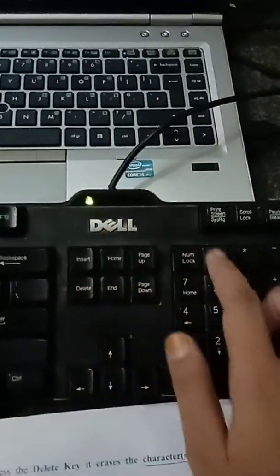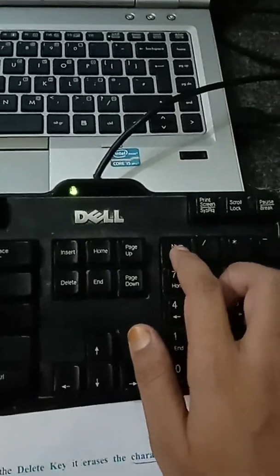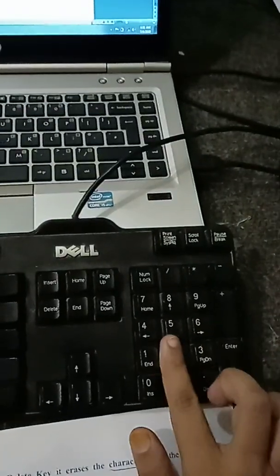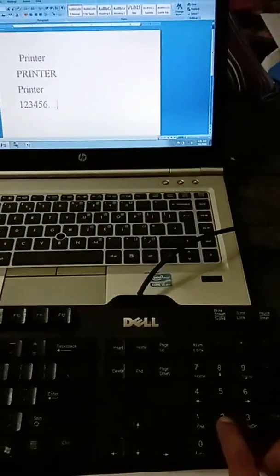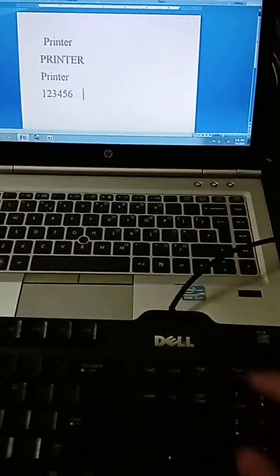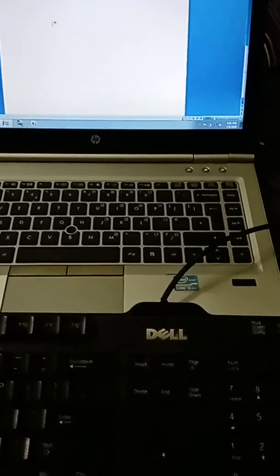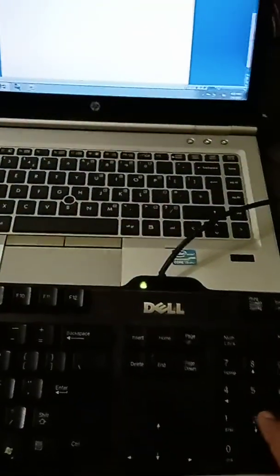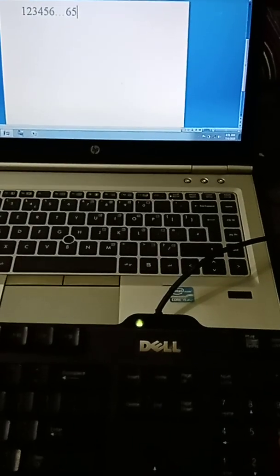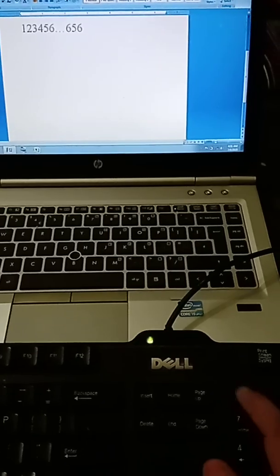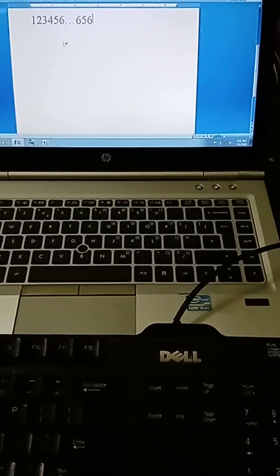If the num lock key is not pressed and the light is off, then we can't type using the numeric keypad. For example, we press 2. Look, it will not type. When your num lock key is pressed and the light is on, then you can use the numeric keypad. If the light is off, then you can't type using the numeric keypad.